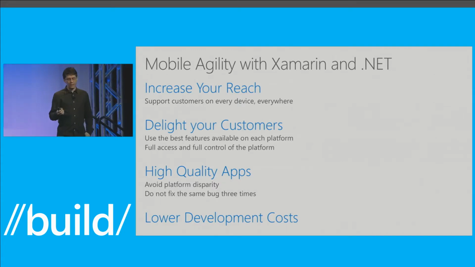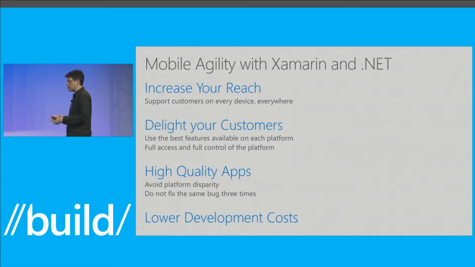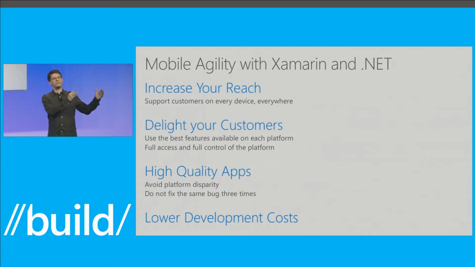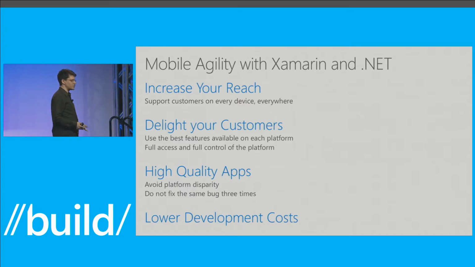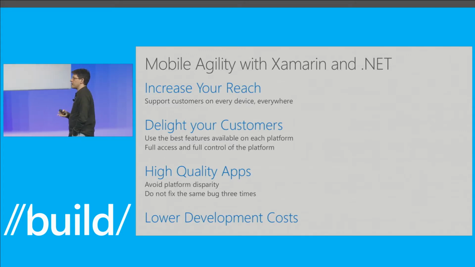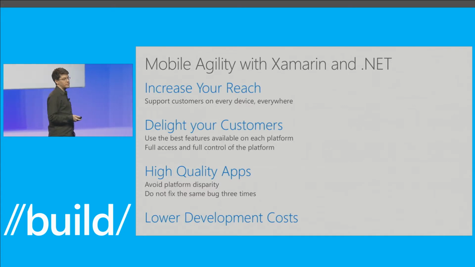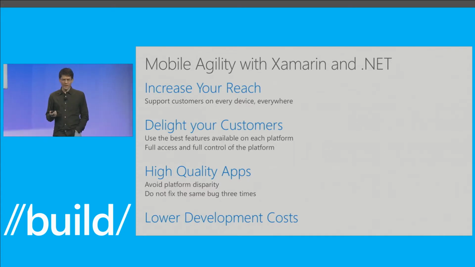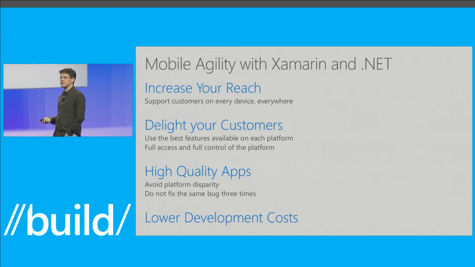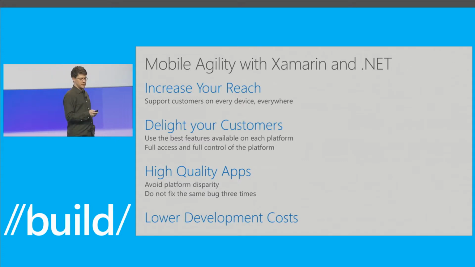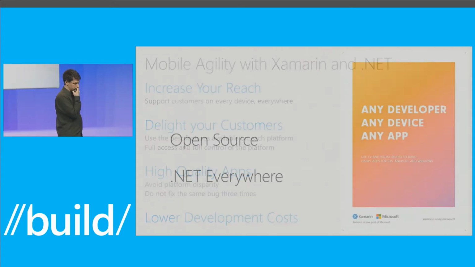And finally, by using C# for your applications, a single code base, you still learn the different models of Android and iOS, but you can share a tremendous amount of code. You fix the bug once, right? On all your shared code, you fix the bug once, you implement the features once, and when you fix bugs, they're fixed across the board. We've had great experiences with a lot of companies that adopted the product way back when it was too expensive, and they lowered their development costs and their maintenance costs. So this is why you should consider either starting your projects with C# or F#, or consider switching from other, maybe not as sophisticated languages.